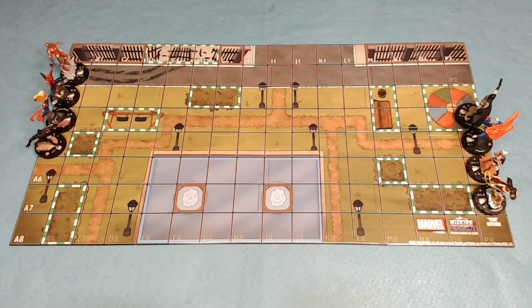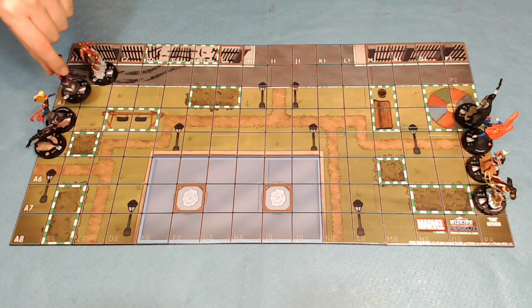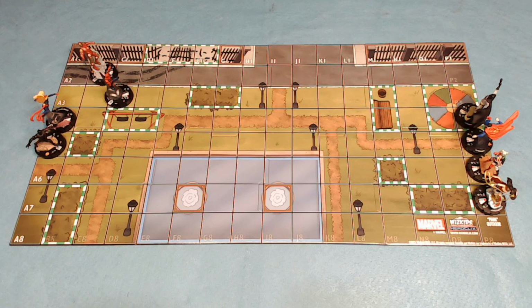Okay, so Iron Man has a trait, free move 1 square. Now, Iron Man has flight, and as we know, flight grants you the ability to carry another character of the same or less size. So Iron Man is going to carry Spider-Man. He's going to take his free move to here, placing Spider-Man here. And then Iron Man has Sidestep,